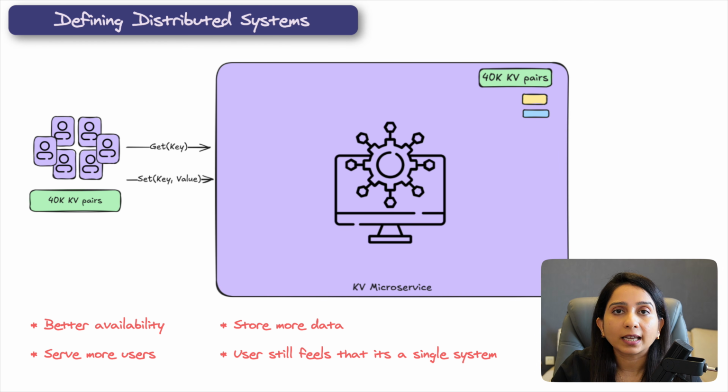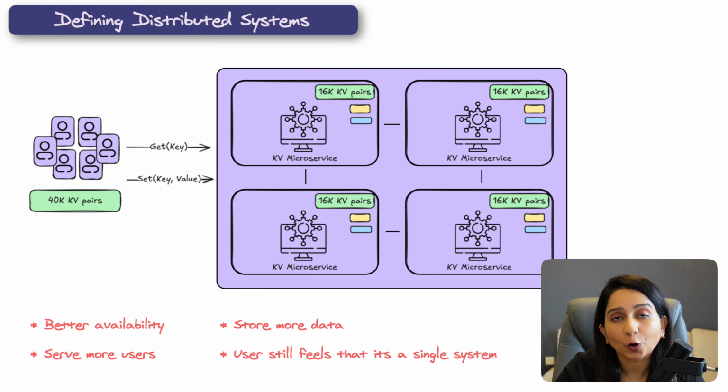For a user's eye, it seems just one system, but behind the scenes there are a lot of machines, or a lot of nodes, which are connected over the network, which are exchanging messages with each other, which are replicating or partitioning your data, keeping multiple copies of your data so that the user operations don't get interrupted. This essentially is a distributed system.